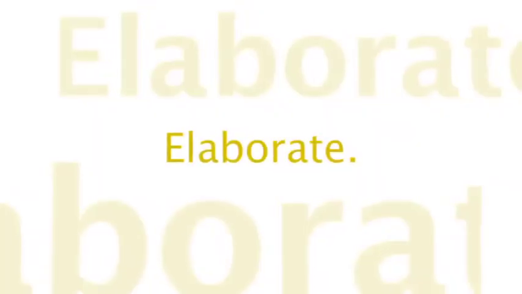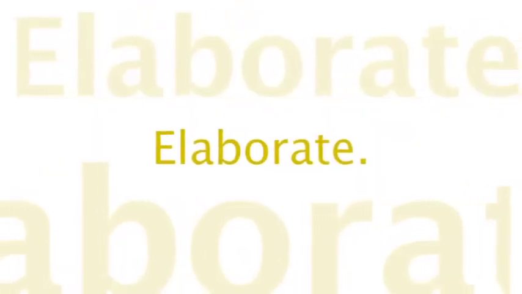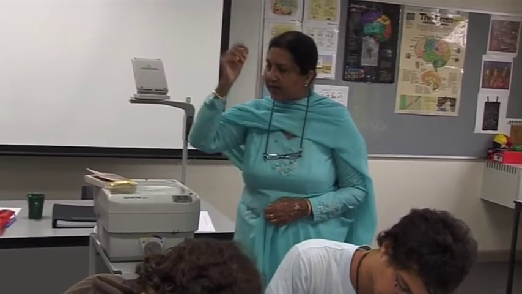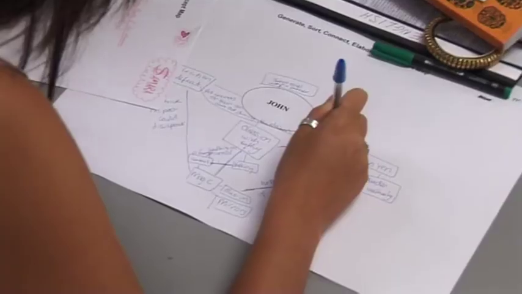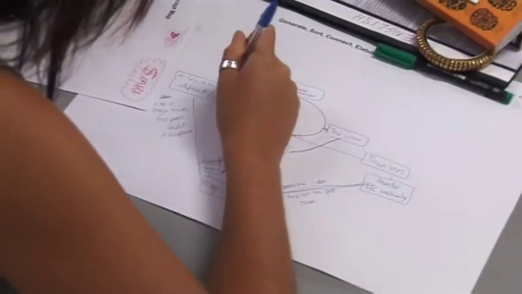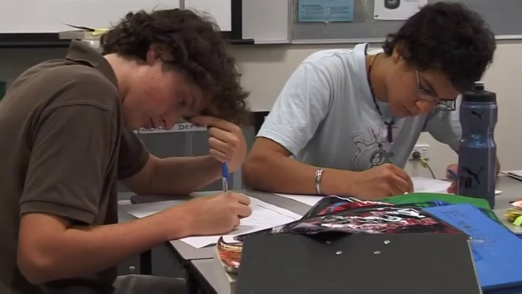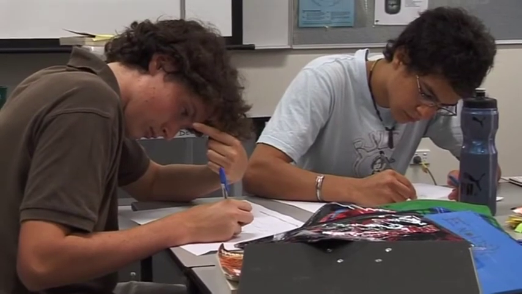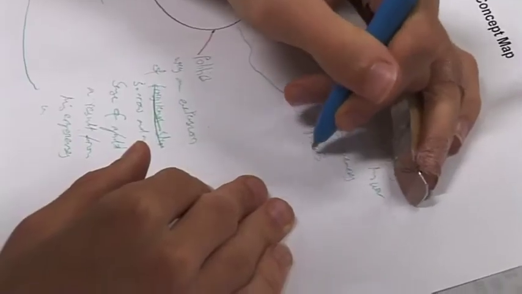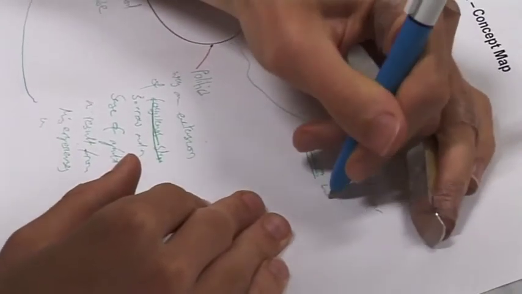Okay. Take the key ideas that you had identified earlier, and extend them, elaborate on them. What other ideas come to your mind? What was the impact on John? How was this impact manifested in his current behavior? You can use bubbles to identify this next stage. You may use a different color pen if you want. This is your understanding of John, his past and his present. You've actually generated ideas on your own, you've sorted them out, you've made connections, and then you have elaborated.